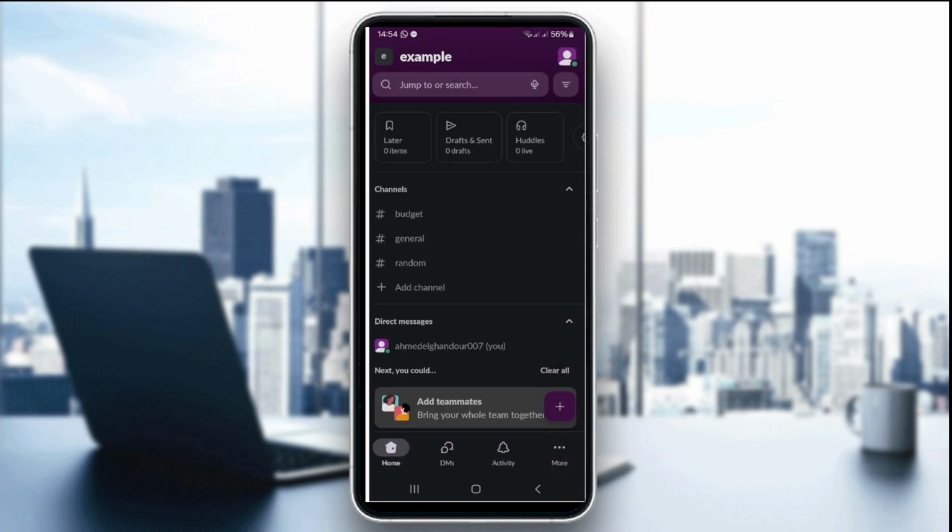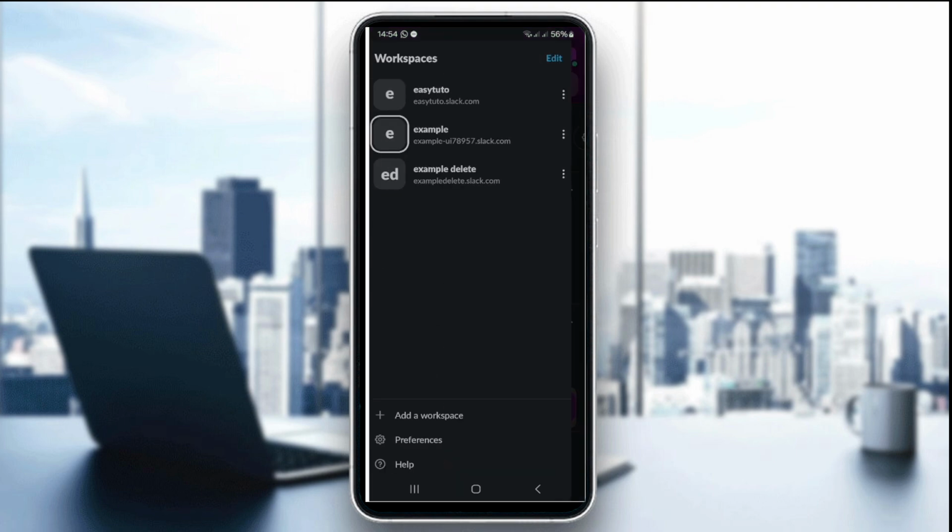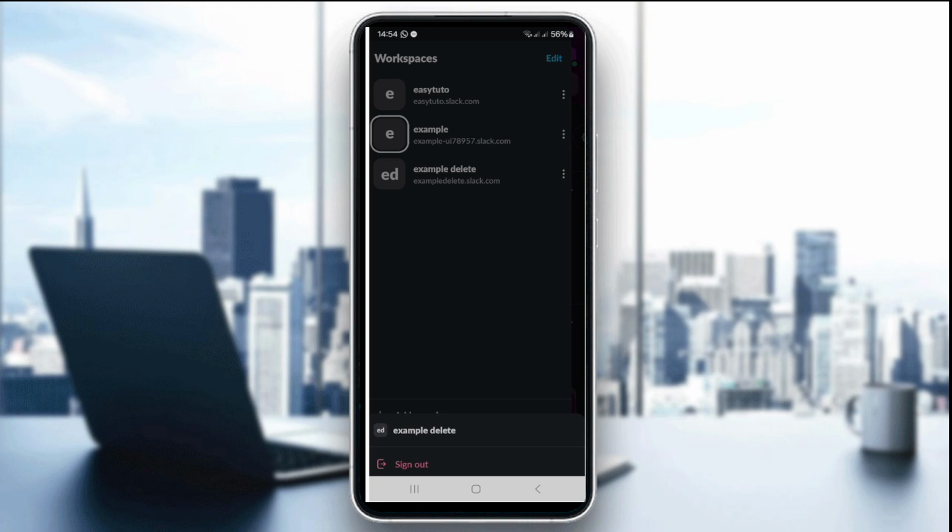Now you're gonna click on this box right here on the top left corner. Click on it and this will show you a list of workspaces that you created or you joined. Now in this option here, you're gonna have to click on the three dots next to the workspace you want to delete. For example, I'm just gonna choose this example delete and I'm gonna click on the three dots next to it,